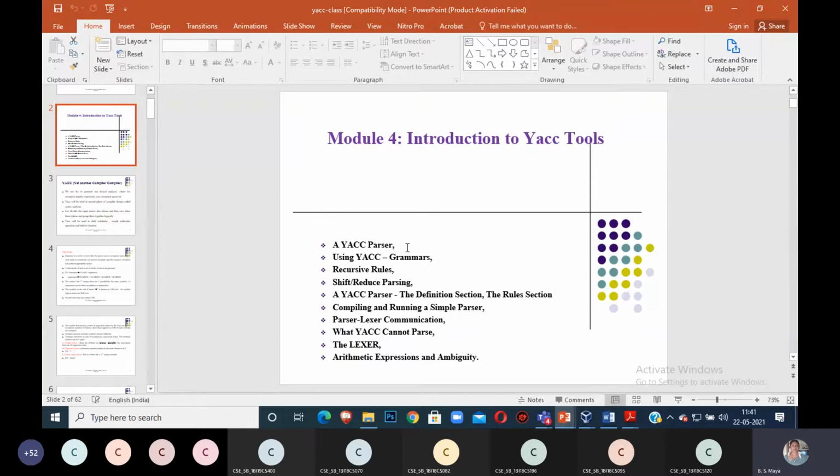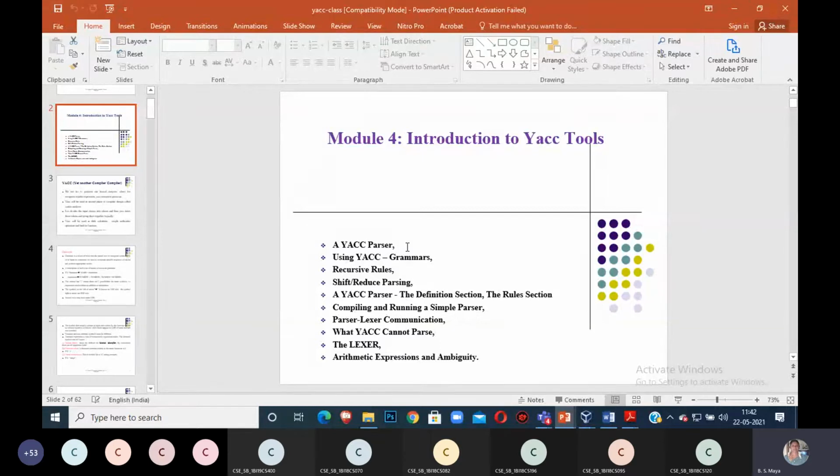Lexical analysis gives the answer about your tokens, because once the source program is scanned, all the tokens are produced by lexical analysis. Whatever tokens are generated from lexical analysis are used by the syntax analyzer. For that, wherever you write YAC, you compulsorily require lexical analysis also. That means you have to write both programs, the Lex program and the YAC program.